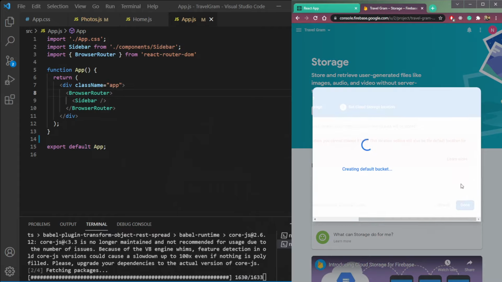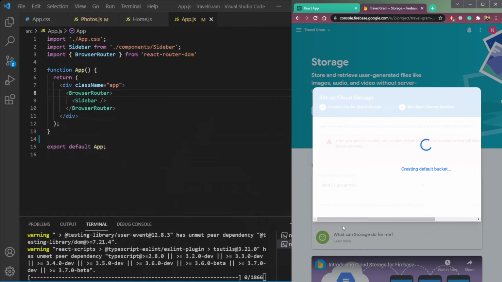Next, done. It's creating our folder, which is also called bucket. So let's wait for it.